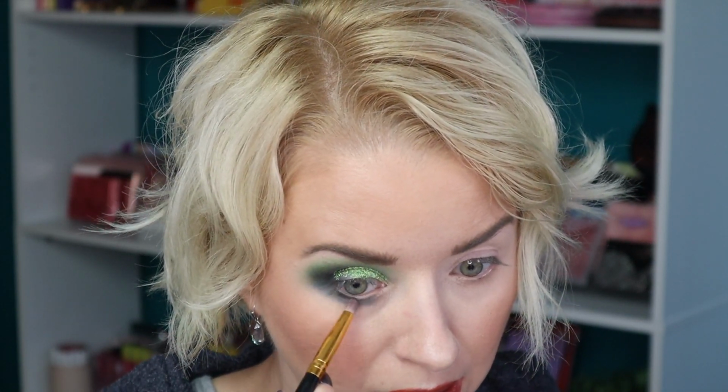I'm just gonna stop right there. Now with this little BH Cosmetics pencil brush, I'm going back in with Not Today Batman. I'm just gonna keep it really close to the lash line. Okay, I'm gonna clean off that little BH Cosmetics brush, and I think I'm gonna do a little pop of